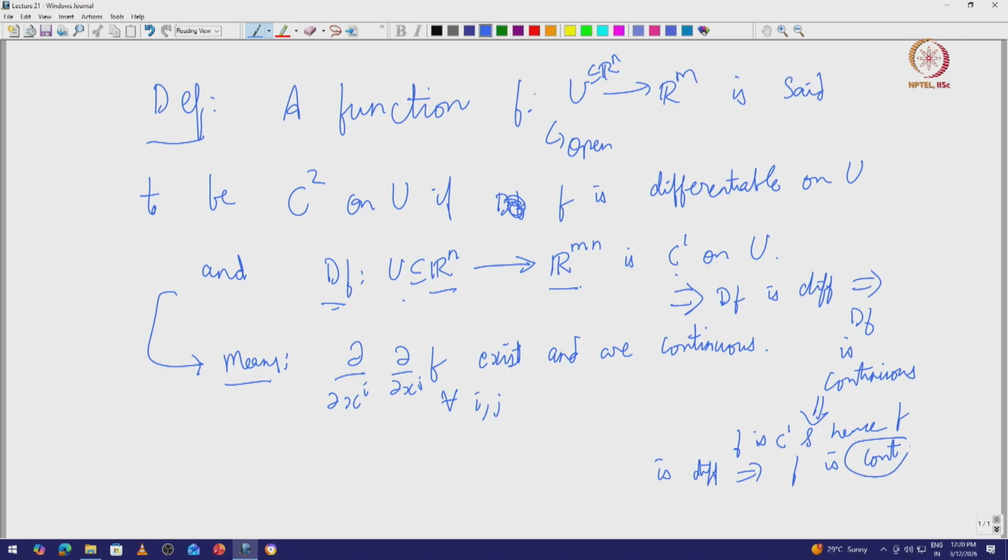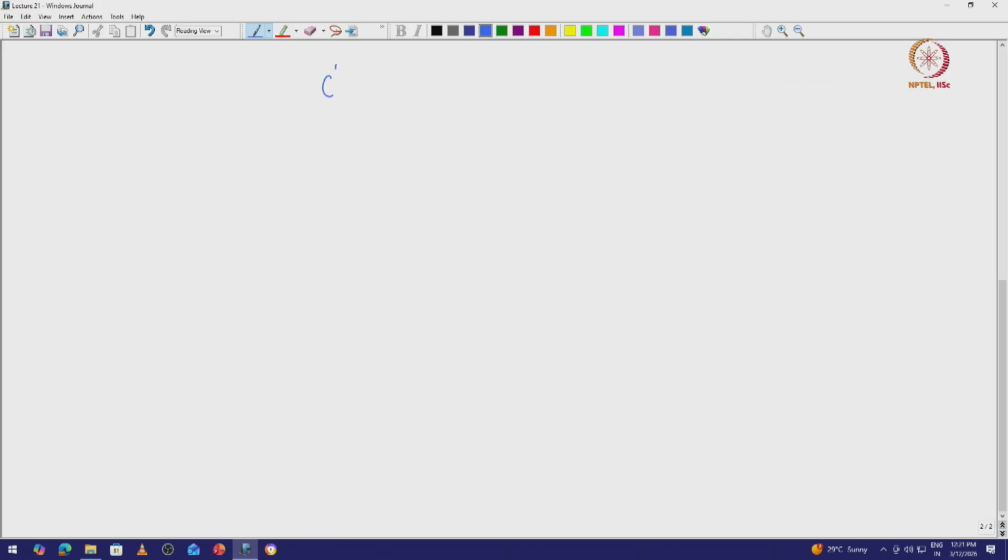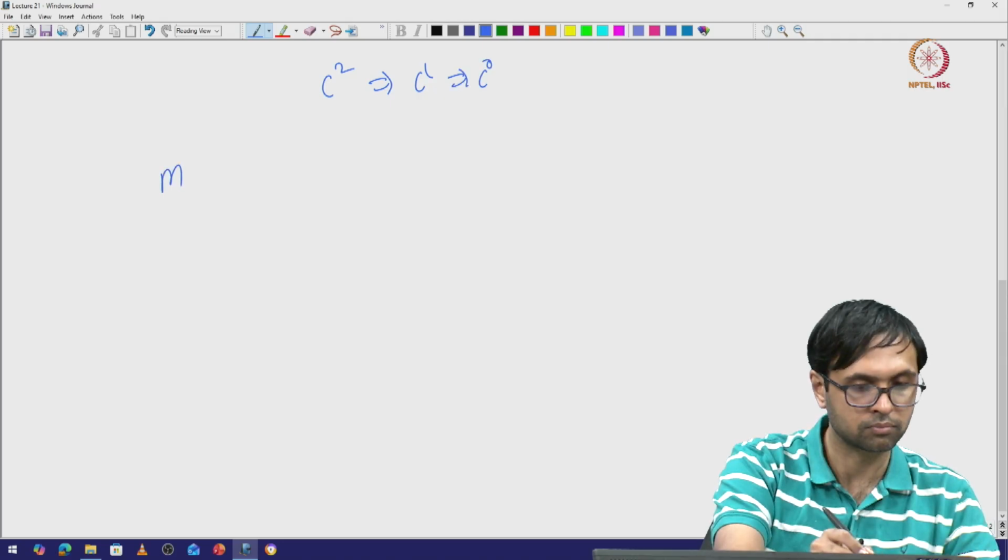Continuous is sometimes called C0, by the way, because you're not differentiating any time. This stands for differentiating 0 times. C1 means the first partial derivatives are continuous. C2 means the second partial derivatives are continuous. C0 means no partial derivatives, namely the function is itself continuous. So in other words, C2 implies C1 and continuous. More generally,